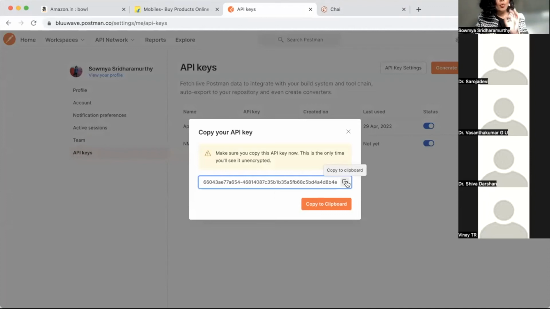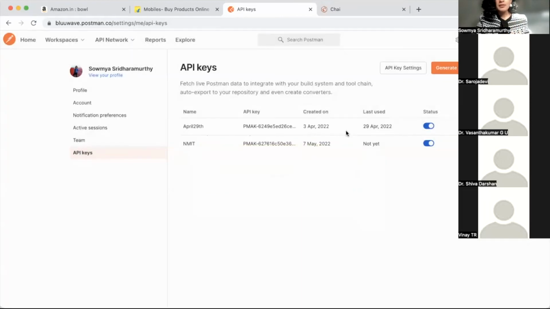It should be known only to you, because anyone who gets access to this code will be able to meddle with your code. So you have to safeguard this by not sharing these details with anybody. So I am not sharing with you either. I will go to my collection